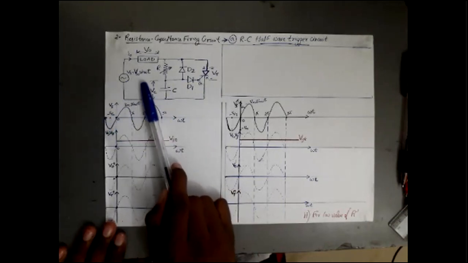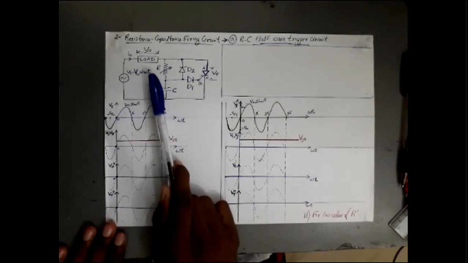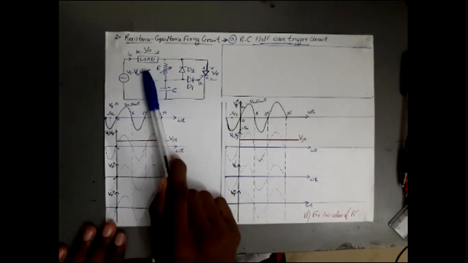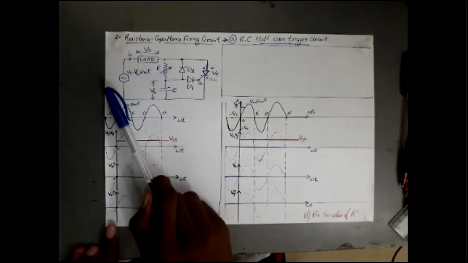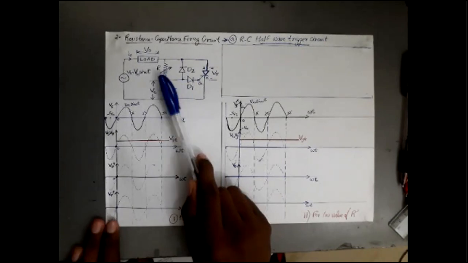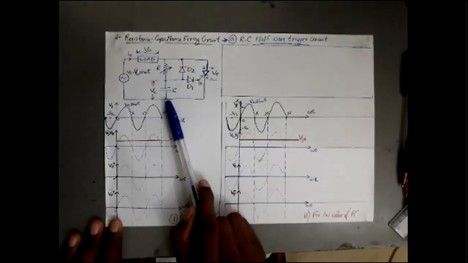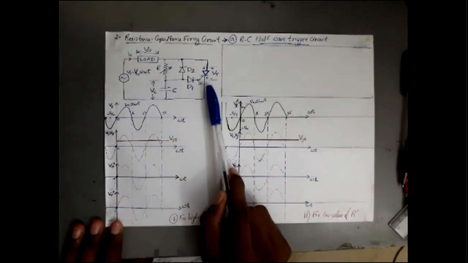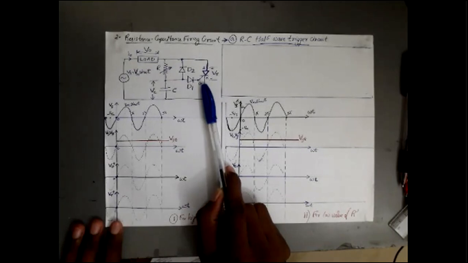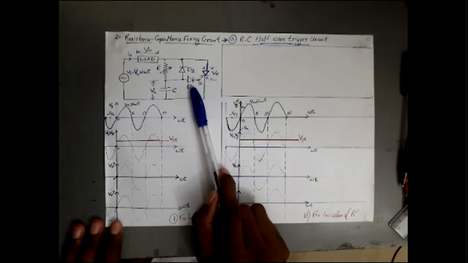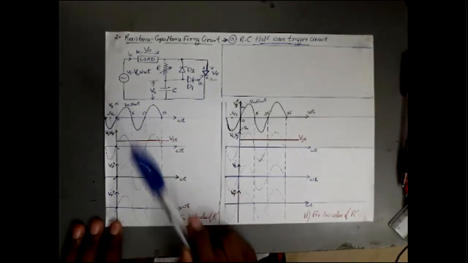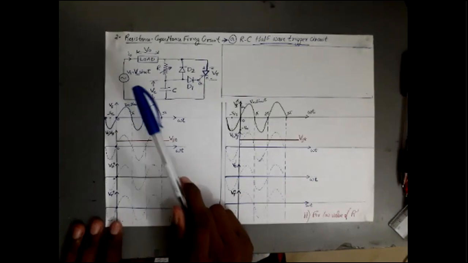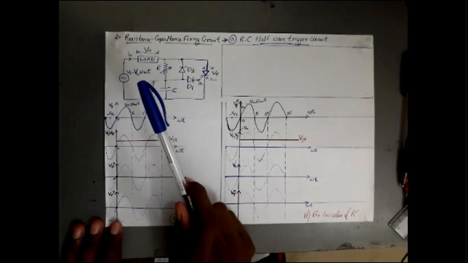Vs equal to Vm sin omega t is applied across my circuit through the load. The voltage that appears across my load is V0 and the current through the load is I0. I have a variable resistance R here and a capacitor C here. This capacitor is connected across the gate cathode terminals of my thyristor. In between the capacitor and the gate terminal, I have a diode D1. And I also have an extra diode D2 here. So now let us have a look at the positive half cycle of my applied voltage.